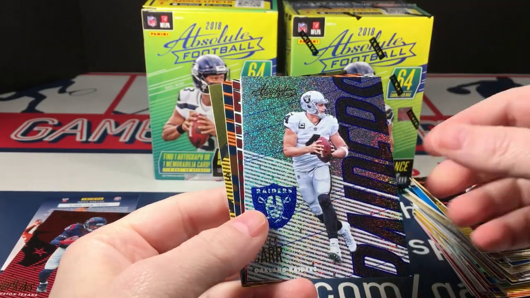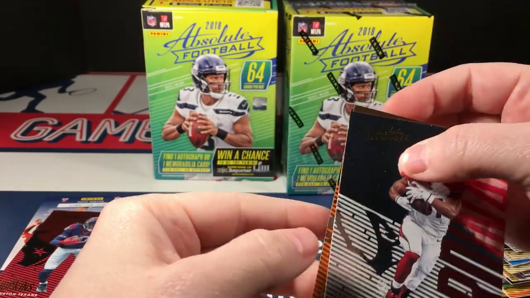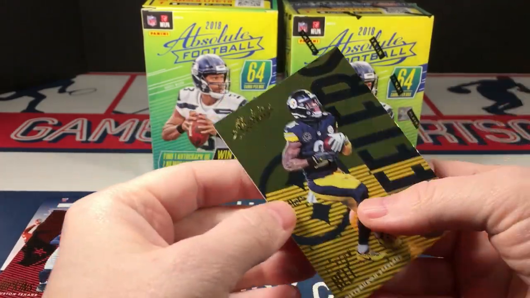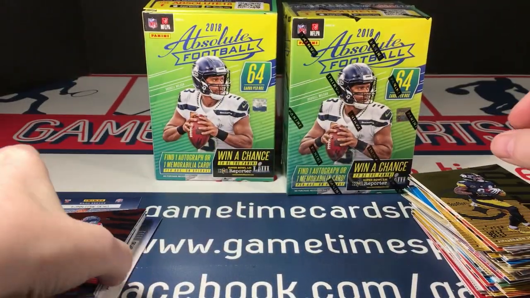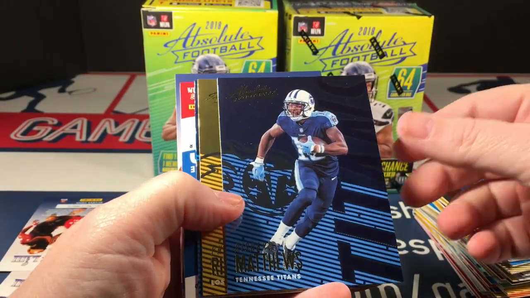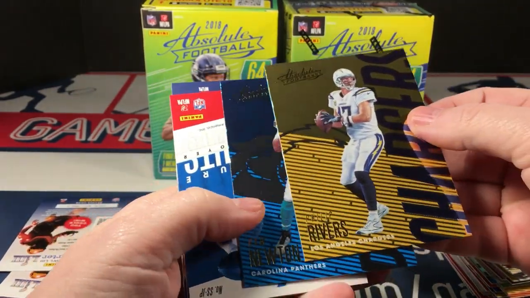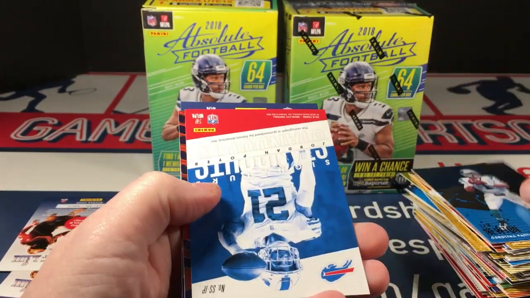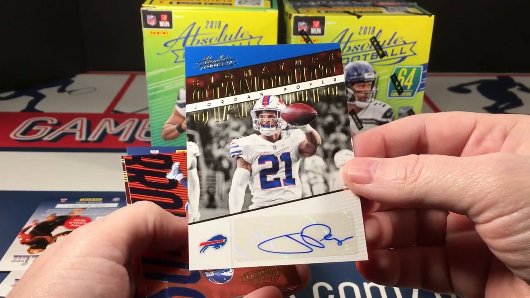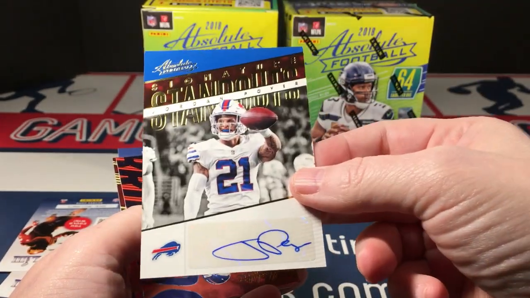Roquan Smith, rookie card, a Derek Carr, good looking parallel there, David Johnson, Devontae Parker, Le'Veon Bell, and then let's see who this autograph is. We've got DeAndre Hopkins, who's this? Rashard Matthews, Phillip Rivers, Cam Newton, and Jordan Poyer. Signature standouts. Sticker auto, not numbered, but